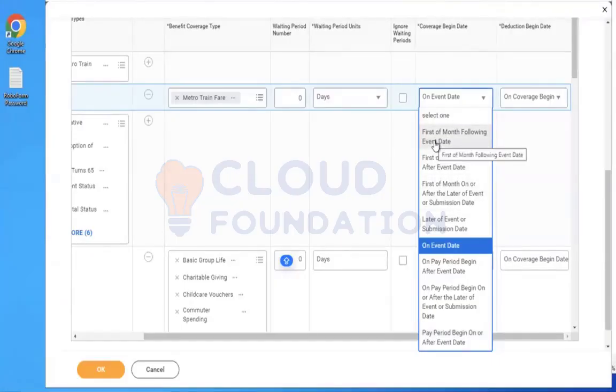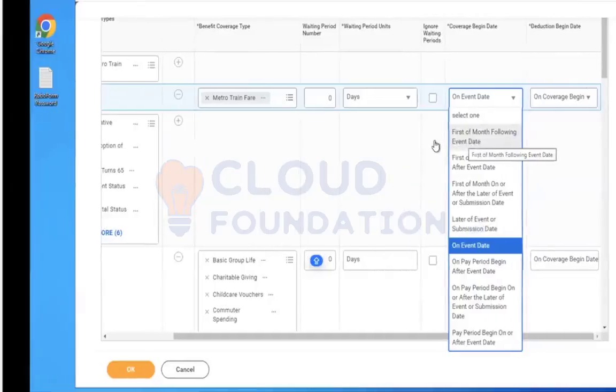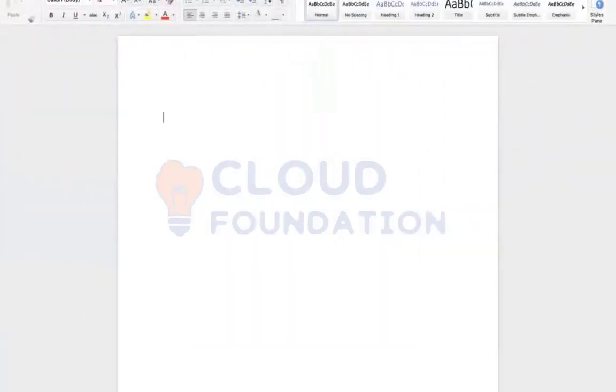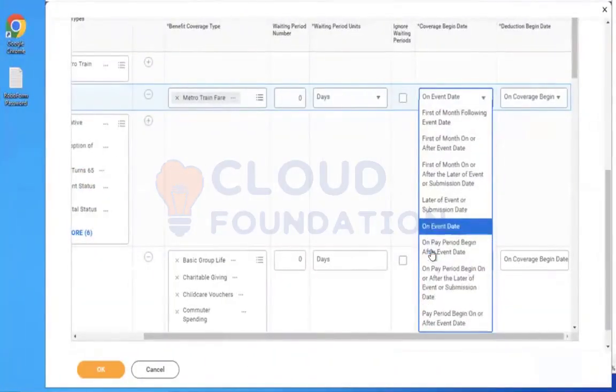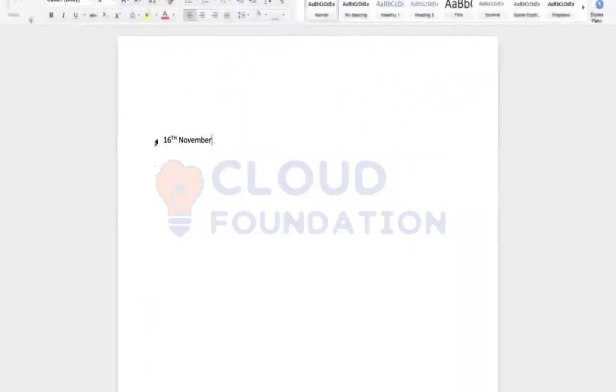So we have controls. I will give you a high level example. For example, what is the effective date of today? 16th November. Now see here, if I select on event date, today I am assigning the plan to an employee, which means the benefit plan is effective from this date itself.